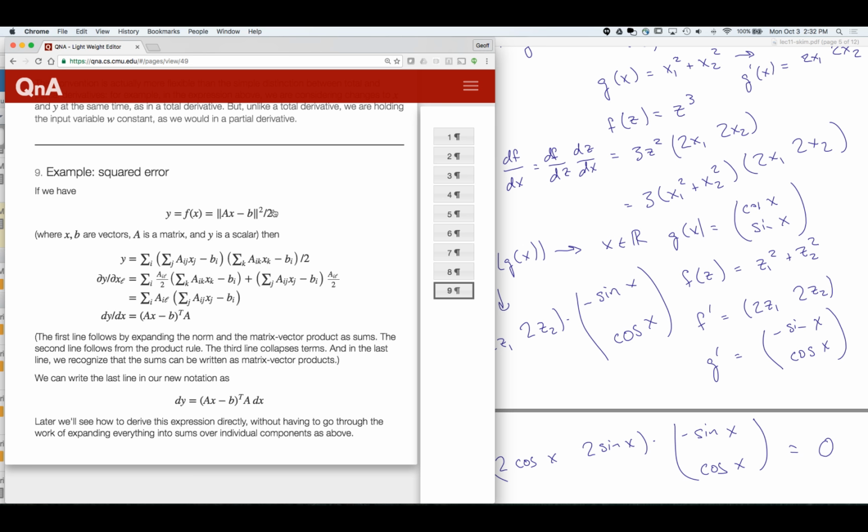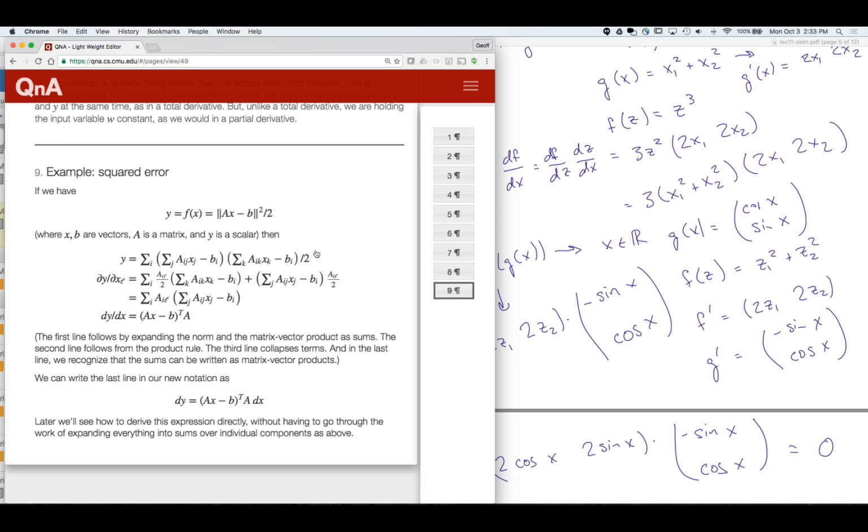So that's our function. If we write it out, replacing all of the matrix multiplications and squared norms by just summations and products, you can verify that y is the sum over i of, here's Ax minus b, sum over j of a_ij x_j minus b_i, and here is that again so that we have it squared,